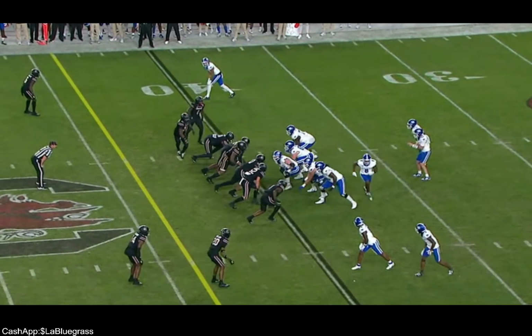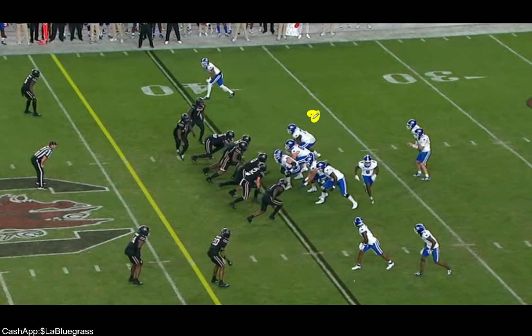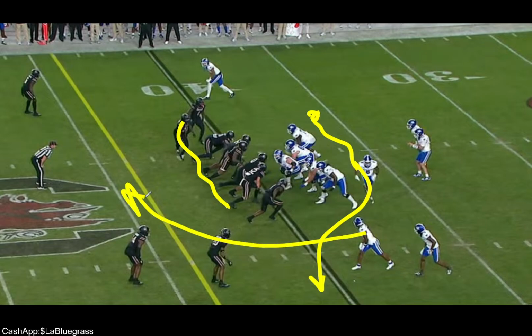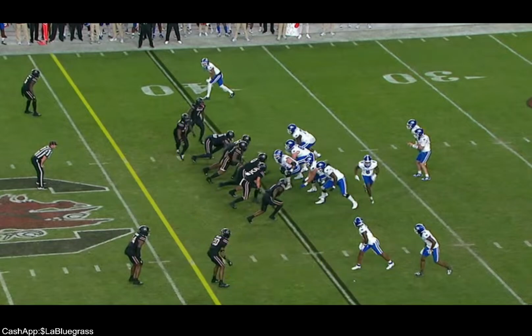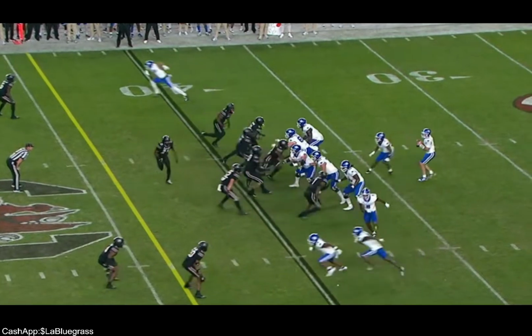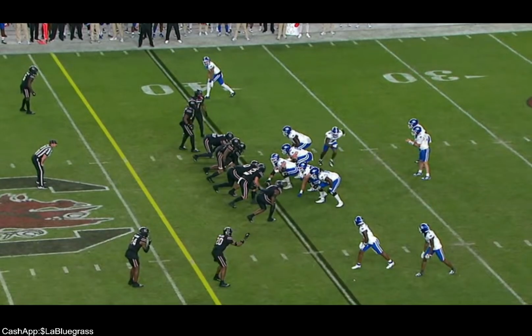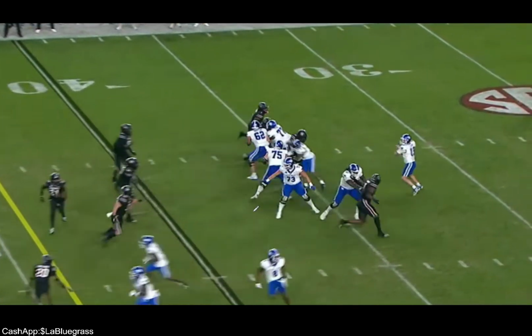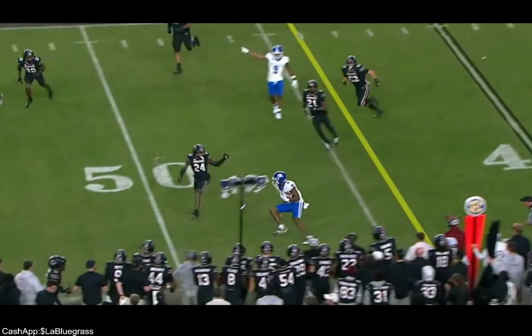Now this third and short. This is Liam scheming us open. Motion. This guy, because they're in man, he's gonna have a hard time getting there anyway, because we got a crosser with a stick route. So he's gonna have to fight through here, then fight through there. That's hard. On top of that, he loses sight that that's his guy, and he's not even over there anyway. So that was going to be a hard one for him anyway.